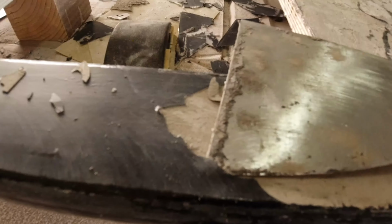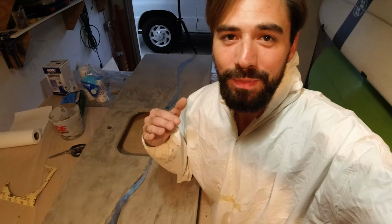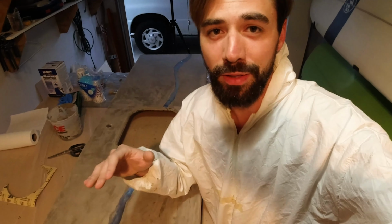So what I've been doing for about the last half hour is scraping off all of the resin. I'm gonna let this concrete sit here for a little bit and dry. Hopefully some of the moisture comes out and we lose some of the goop. And then I'm gonna get back at this and try a slightly different method, hoping that we don't run into similar problems. Okay, so it's a few hours later, and earlier today I was able to entirely scrape everything off